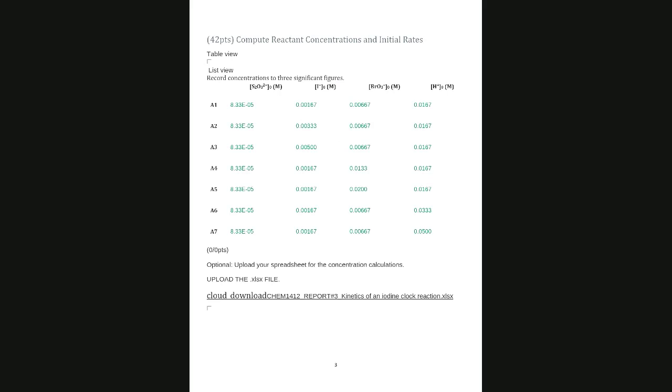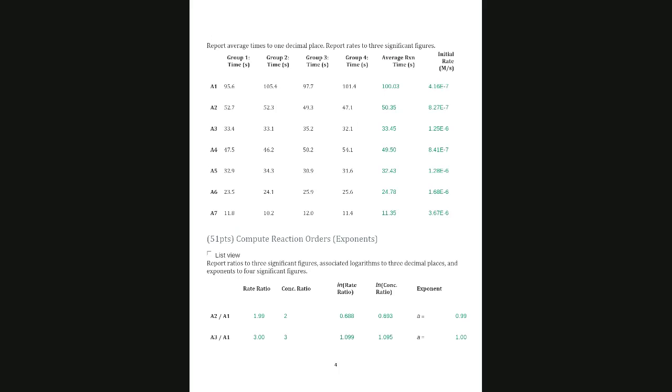Okay, so we saw this one. This one, everybody got it. Now, we saw this one, and I assume that everybody got it. So here I put 2 decimal places, but no. It says report average times to 1 decimal place. And the rates to 3 sig figs. So this is correct, 3 sig figs. Okay, so good point. This one, everybody can do it because we are going to calculate the initial rate using the concentration of thiosulfate. Again, we use this,